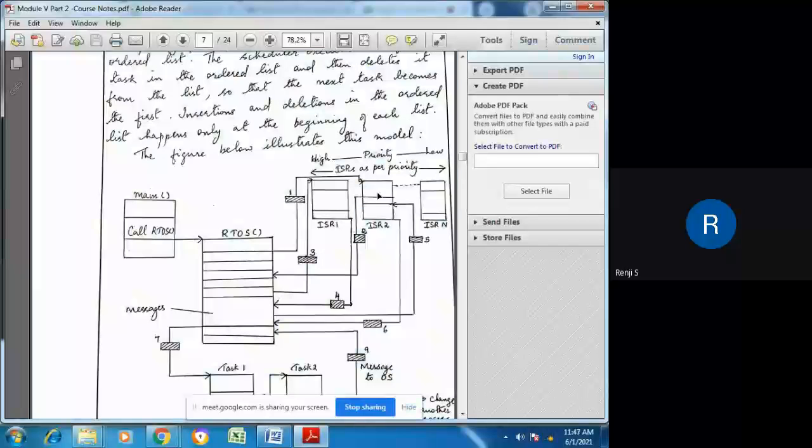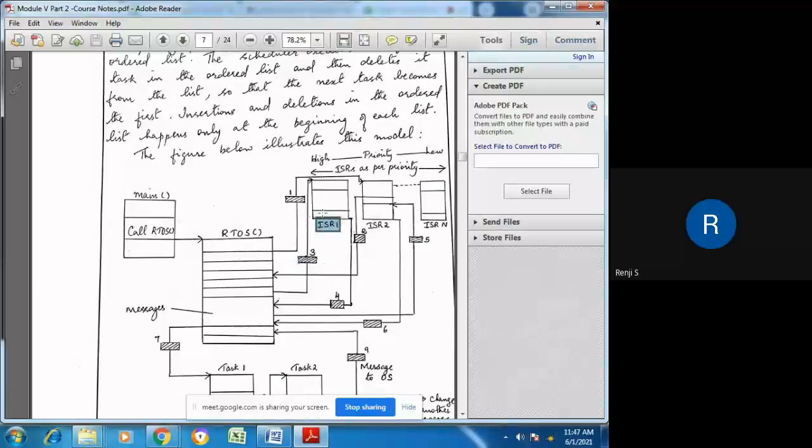Once it starts its execution, in between it returns, and that is the second step, it returns back to the RTOS after completing some of its execution. And when it returns, the next highest priority interrupt will be executed, and that is ISR1. First ISR2 will be executed. When it returns in between, in the third stage, the next highest priority interrupt, that is ISR1, will be executed.